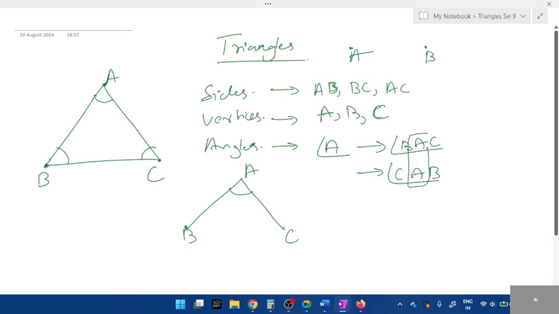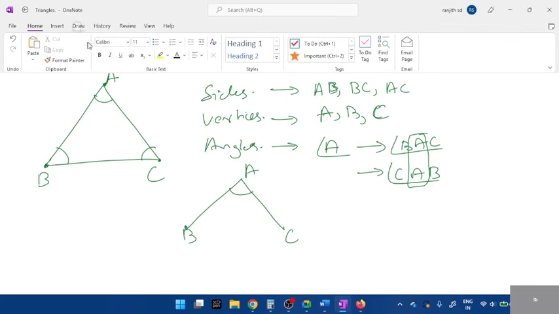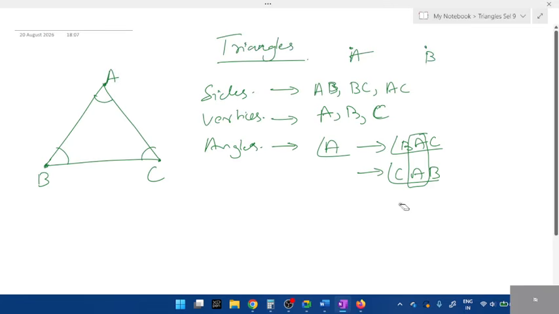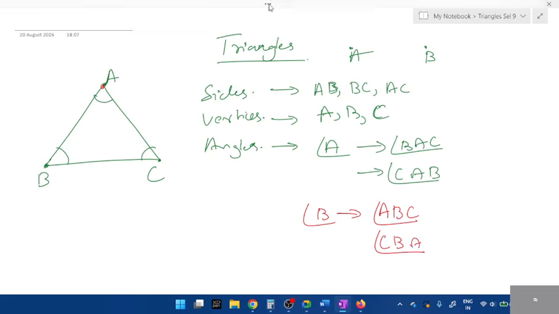Can you see A is in between, right? So when you're writing the angle, that alphabet should be in between, students. Is this clear? Understood how to represent angle? These are the important concepts. Next, tell me for angle B, how will you all represent? You can just write B, or what's the starting point? Yes, you can start from A, B, C, and what's the other way? C, B, A. See, for angle B, I can even start from C to B and from B to A. This is the angle.